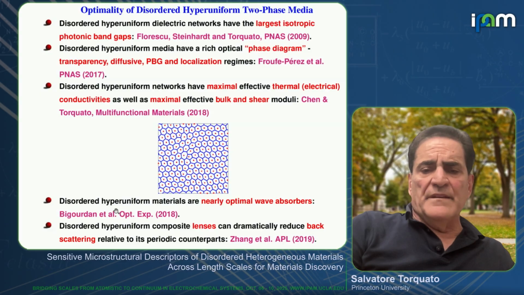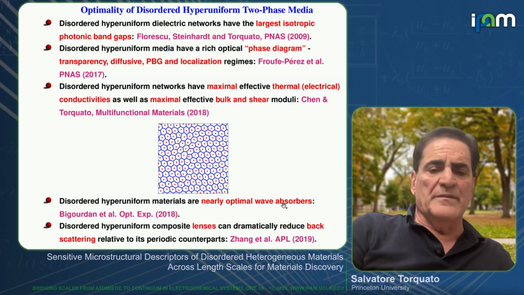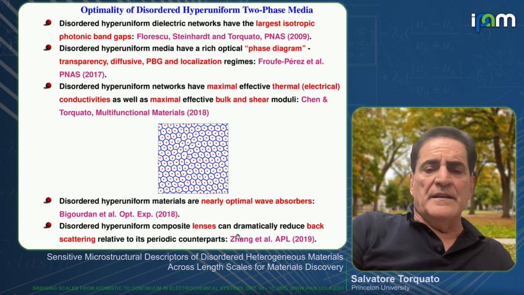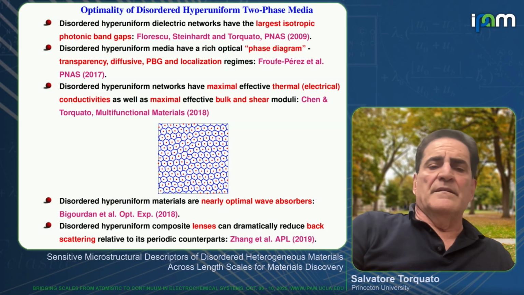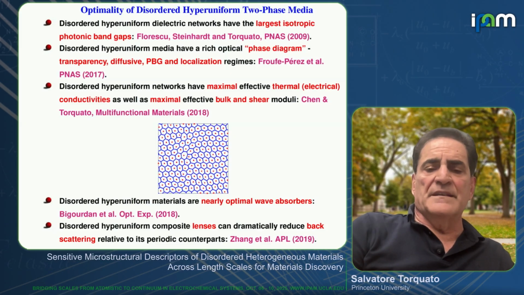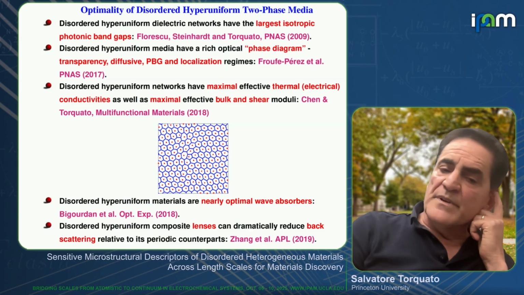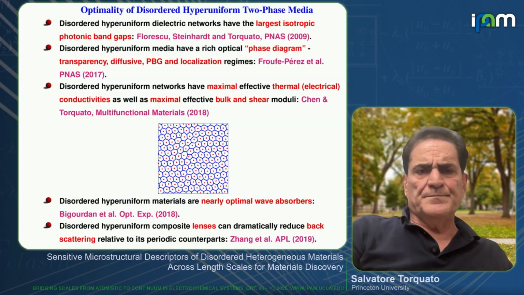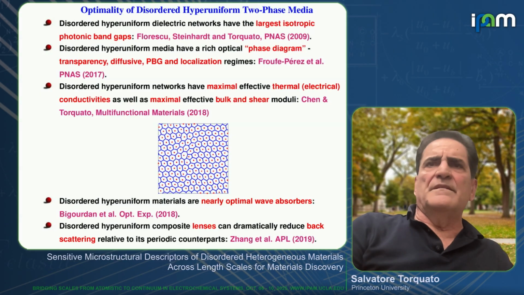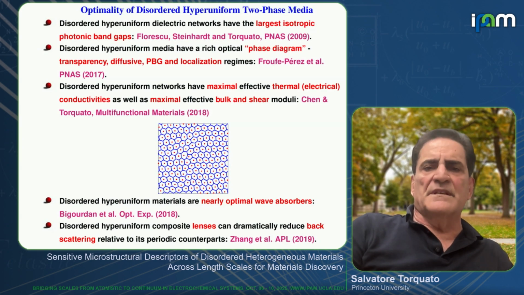It was shown by this French group that disordered hyperuniform materials are nearly optimal wave absorbers, and by yet another group that you can form composite lenses that are disordered and hyperuniform, which dramatically reduce backscattering relative to their periodic counterparts. Okay, so the bottom line is that these are materials that are now being explored for their really interesting novel